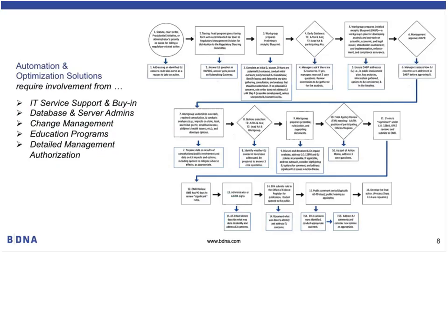So what do organizations do? They typically take a look at this in large detail, and as Des said, you get a lot of bodies thrown at it, and they start figuring out what they need to do and how do they get to this optimized state, and I watch it happen time and time again. I've worked with hundreds of corporations over the better part of the last decade with their software asset management specifically,